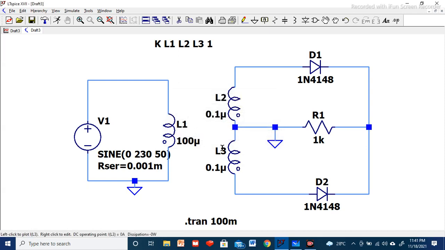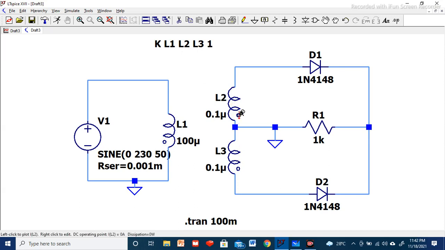And these two values are less because we are going to reduce the voltage supply at the secondary winding. The further value will be reducing, you will be having the less value of the voltage here. Here it is 230 volt of sinusoidal signal. Here you will see the value will be less compared to this voltage, a smaller value like 10 to 20 volts depending upon the L2 and L3 values. Both are same, so same values will be available across L2 and L3. So we can define here 0.1 microhenry, 0.1 microhenry, and 100 microhenry. And these dots you can see, once you define this K, L1, L2, L3 and 1, we will be having these dots.